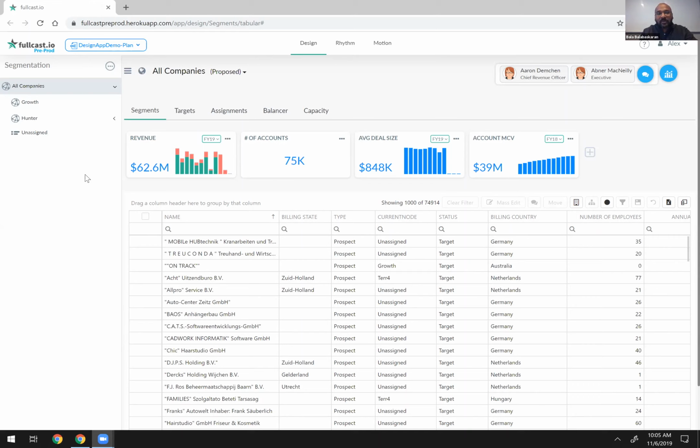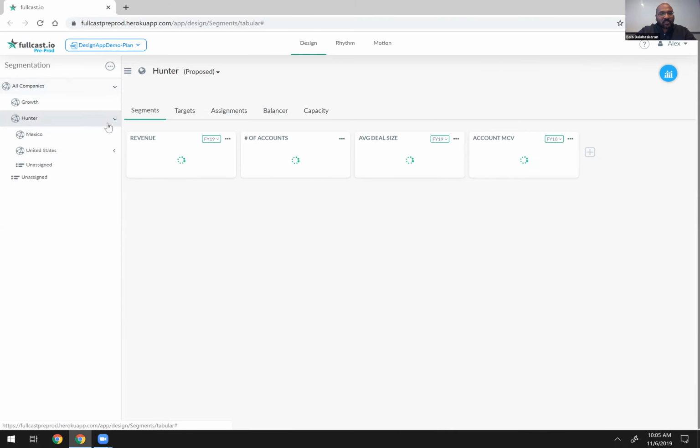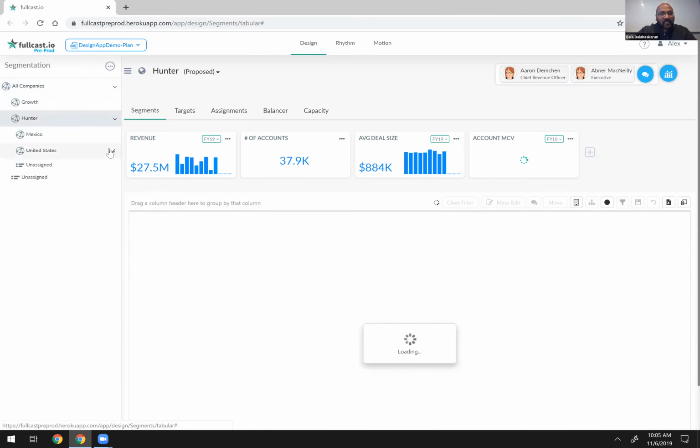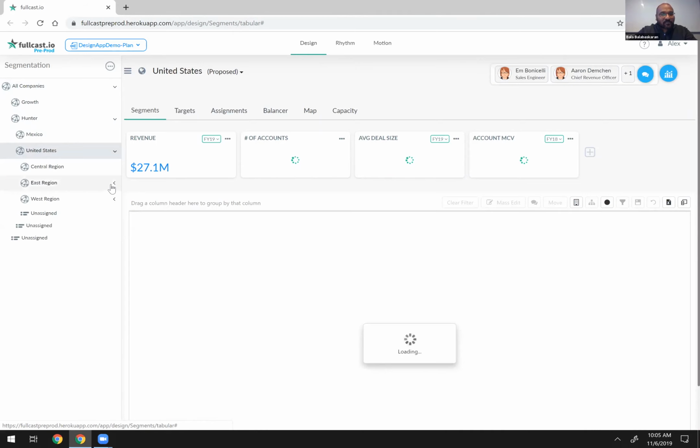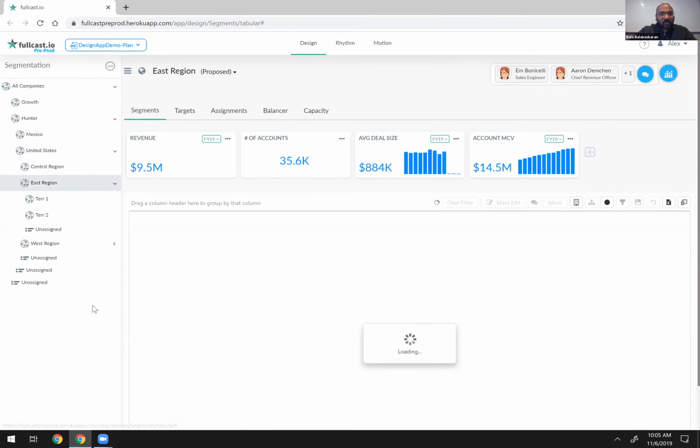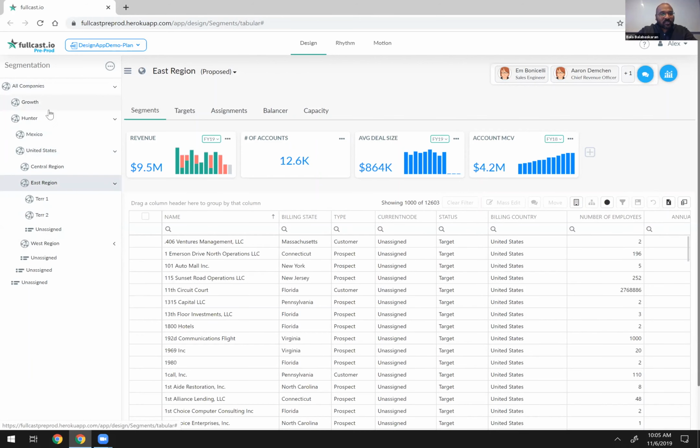Today we'll be talking about assignments or coverage planning, and that is where we'll spend the majority of the day today. So just as an orientation on the application, what you're seeing on the left-hand side here is the segmentation that has been created. Think of this as breaking down your customer organization into regions, territories, verticals,